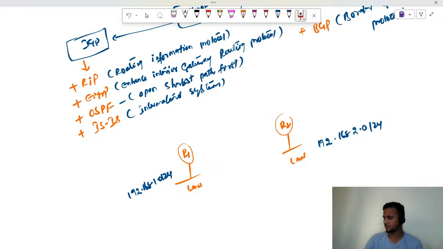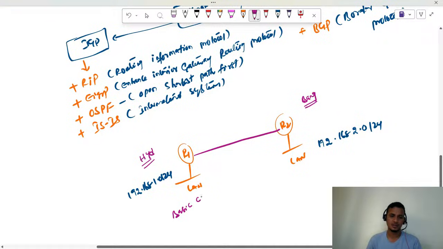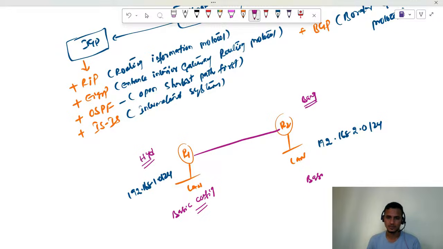Now, if you have a kind of setup like this, guys, with two different locations, you can consider this is my Hyderabad office and this location is in Bangalore. When we connect router to router like this, you can consider any port. Now, if you perform only the basic configuration in the Hyderabad office, and likewise perform the basic configuration in Bangalore as well,